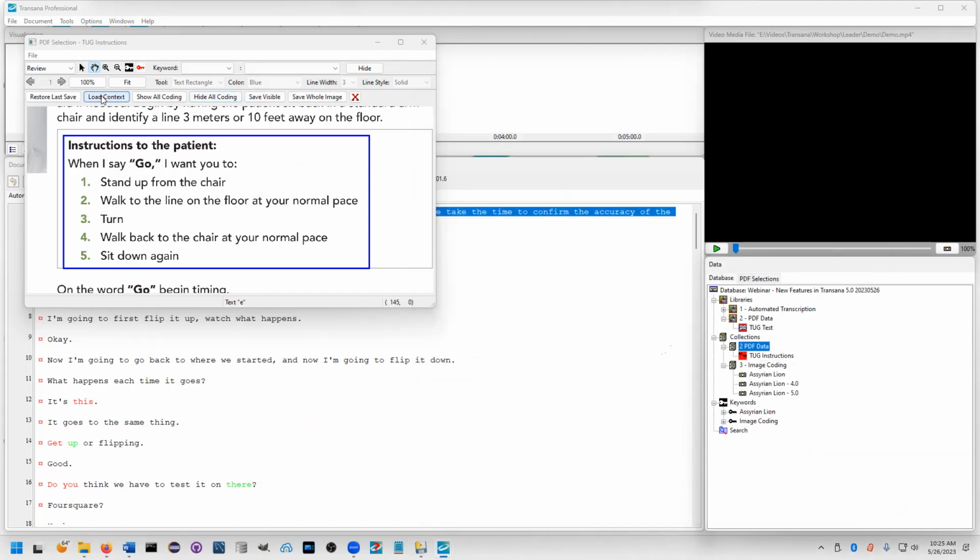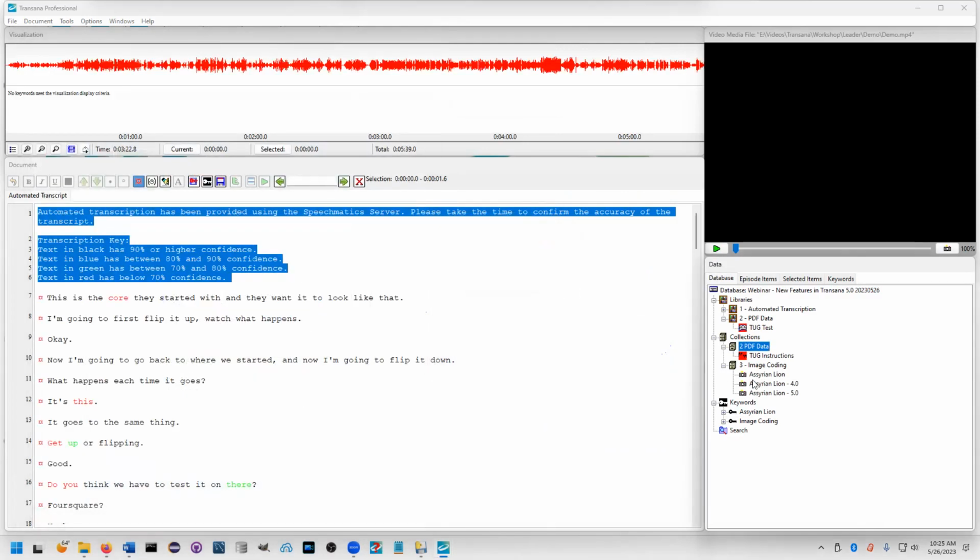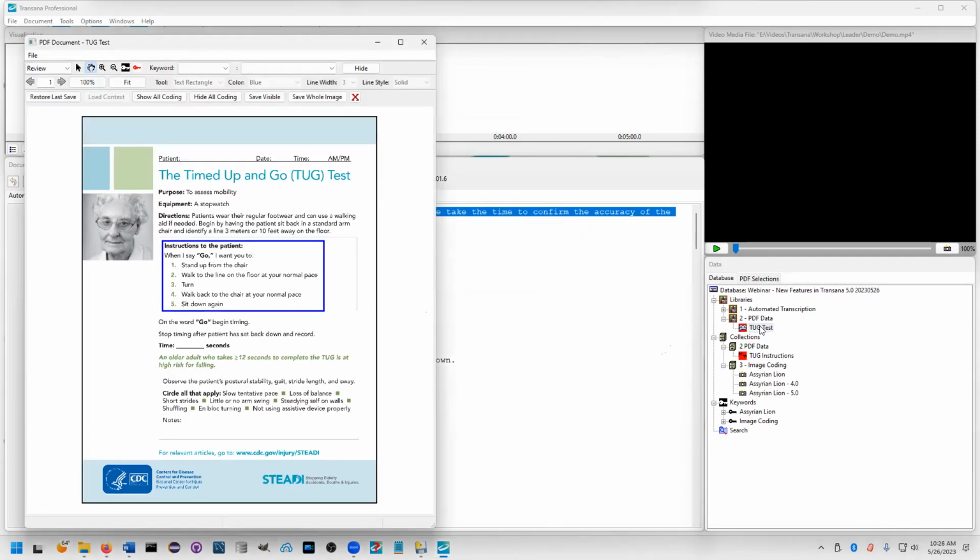I can hit the load context button to go back to my full PDF. And you can see now that when I look at the PDF as a whole, that coding shape of my text rectangle shows up. I can use the key to know that that is a text selection from this. And so working with the PDF as text is one of the ways that people are going to want to work with that data. And in Transana, you do that through creating text selections or text quotes using the text